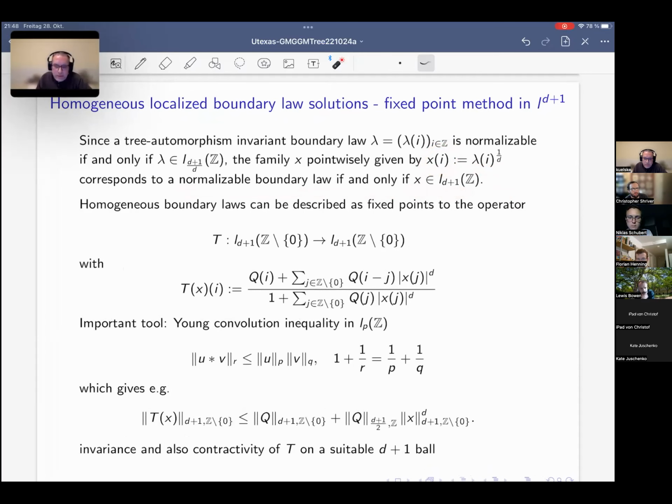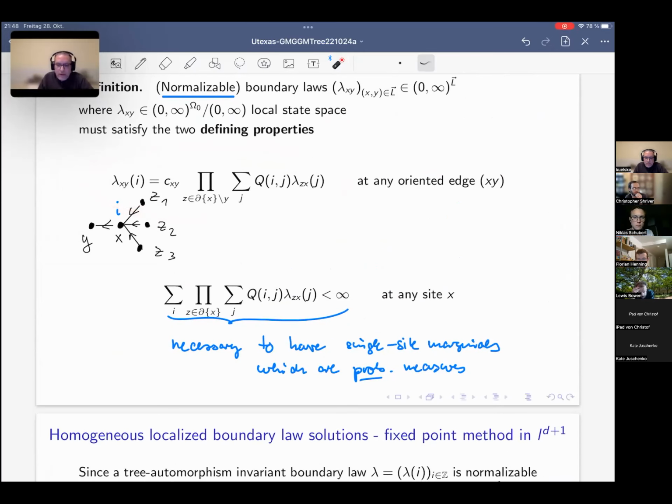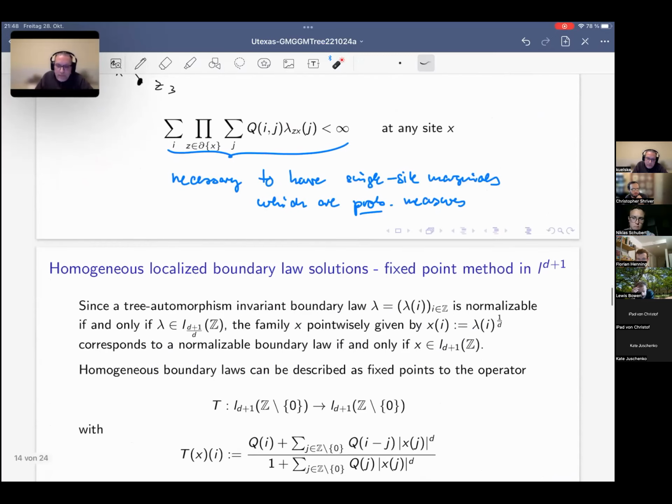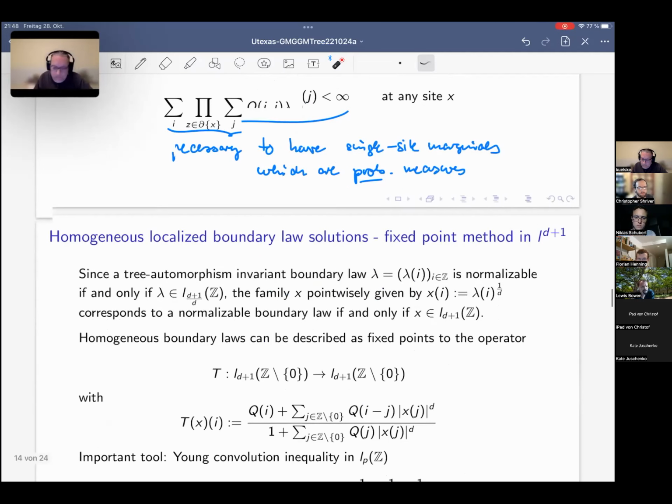And then we reformulate this equation, which is now the same for every edge, therefore I need only consider one edge. And let's choose also the C in some way. There could be different choices. One choice is to choose the C in such a way that the lambda of 0 always turns out to be 1, or the x of 0 turns out to be 1. So we wanted to write this as an x to the d, and this is an x to the d, and then we take